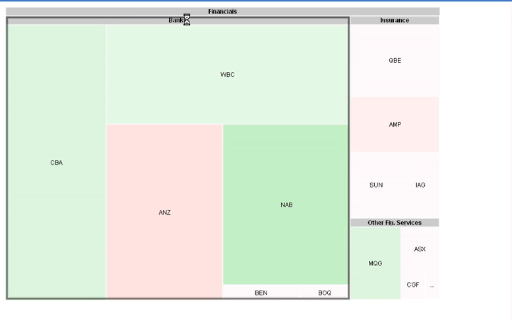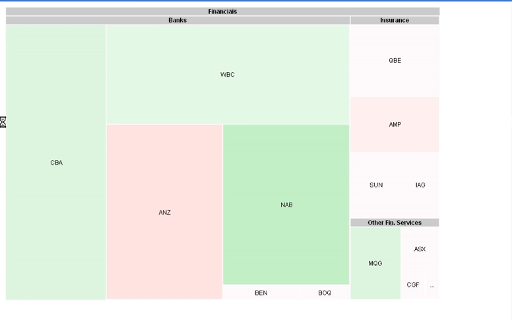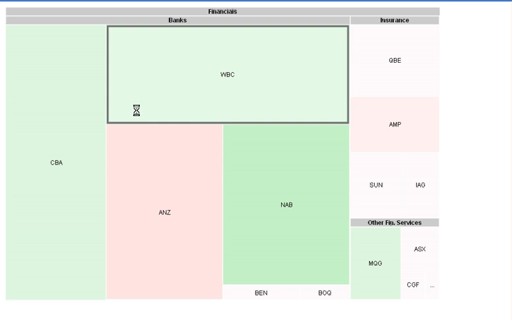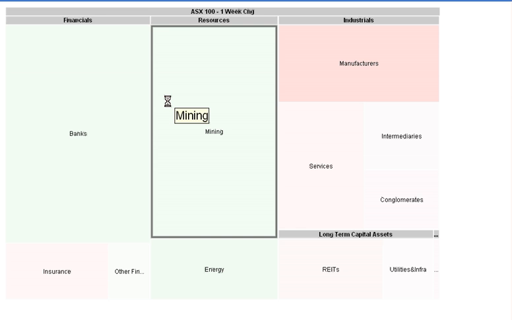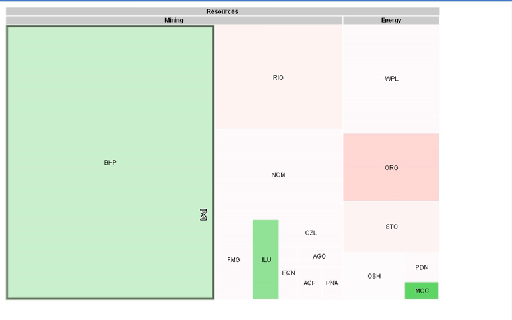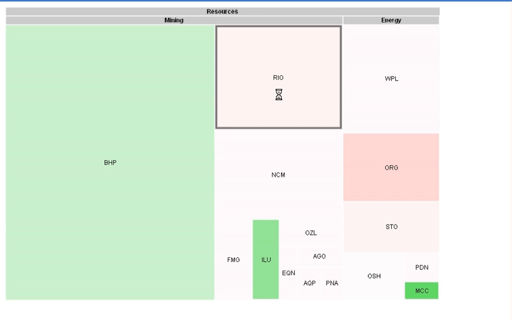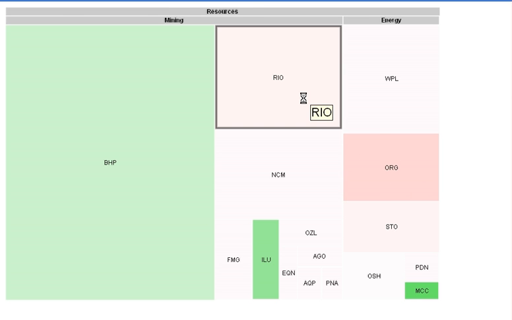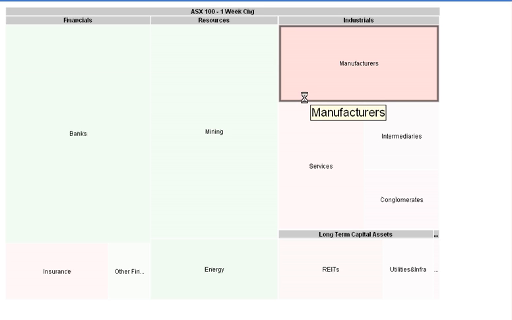So I might jump through to actually look at the stocks involved there, and we can see that the ANZ sort of headed down and Suncorp's headed down, whereas CBA, Westpac and NAB have all sort of driven the rises there. Into resources, and we see that BHP has pretty much offset any of the negative effects of some of these other companies that have actually seen mild downgrades.